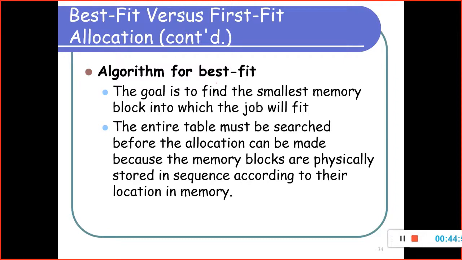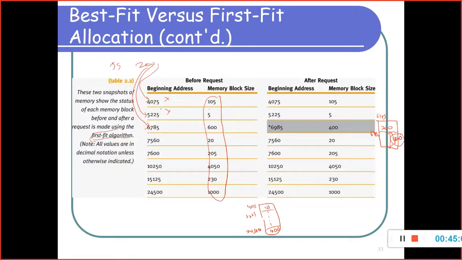We go to the algorithm for best fit. The goal is to find the smallest memory block into which the job will fit. The entire table must be searched before the allocation can be made. Different from the first fit, which will check one by one according to the sequence, and whenever it meets a partition that can fit its size, it will select that. In this case, it will check three partitions. Partition number three can fit its job, so it will select partition number three